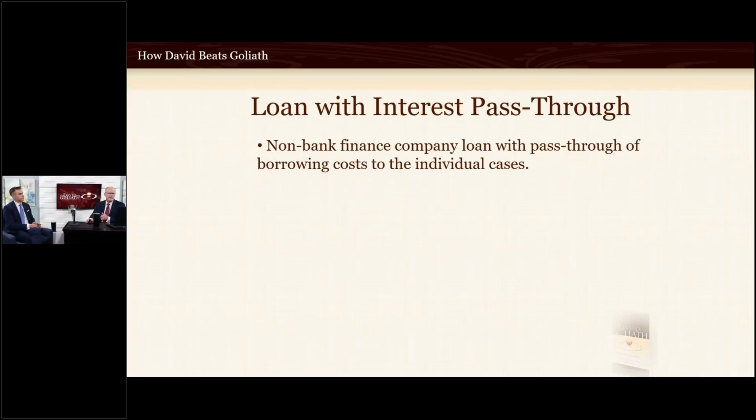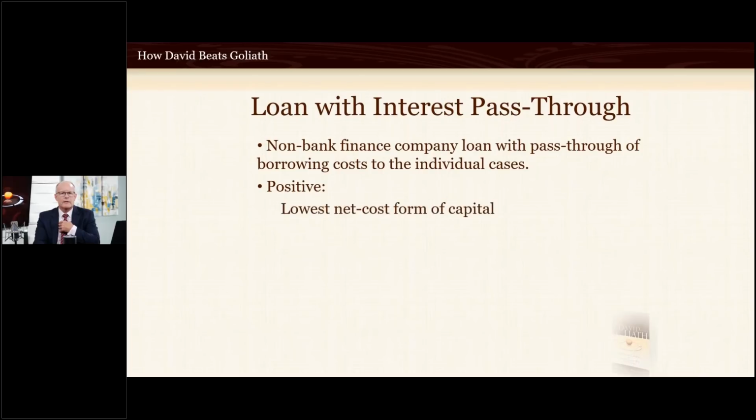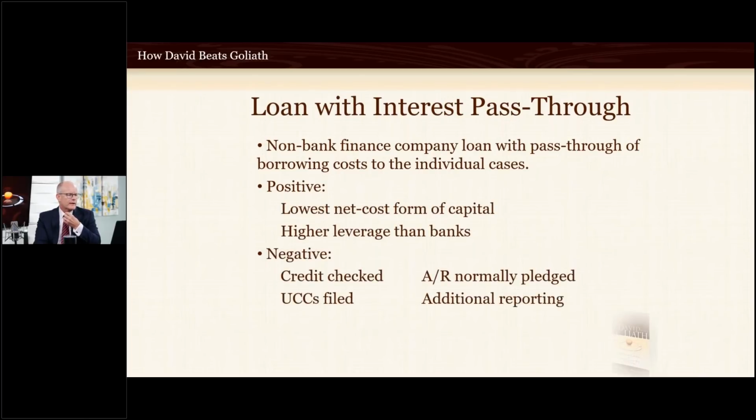Let's talk about the last example today, which is a loan with interest pass-through. And full disclosure, this is the category of product that Advocate Capital provides. So the AvalTrack Case Expense Funding Service is a loan with interest pass-through. And in most jurisdictions, if a law firm incurs debt specific to a case for case expenses, and if the technology is in place to track that case by case to the penny, that third-party expense, just like any other expense, can be passed through to the case. So that's mainly what we do, right, Jeff?